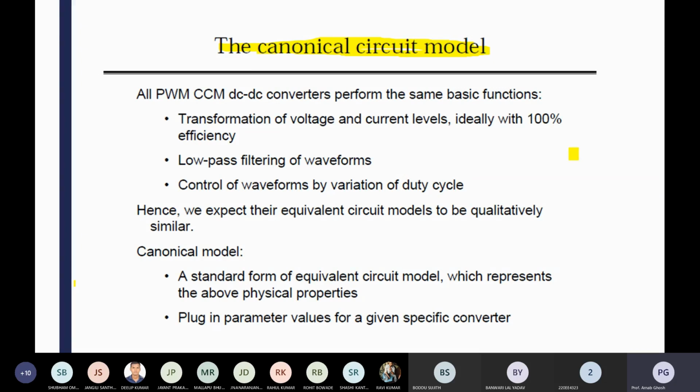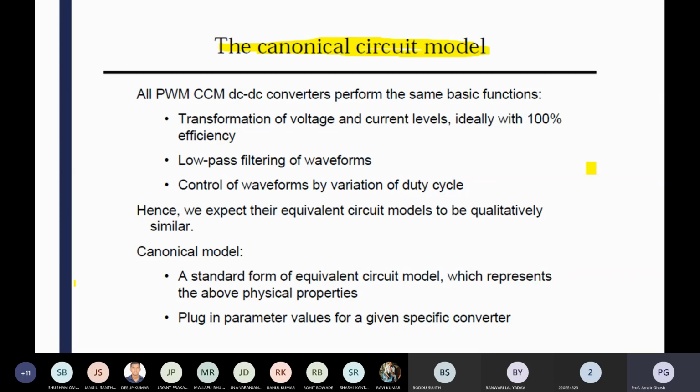In this canonical model, in the previous modeling you can see the PWM, pulse width modulation concept is not directly discussed, but definitely it was there. Basically you are perturbing the duty cycle, so D plus some ripple, meaning one DC value plus some AC value. That was in your previous slide, but here you can see another realization, the detailed realization of the duty cycle, how it is coming.